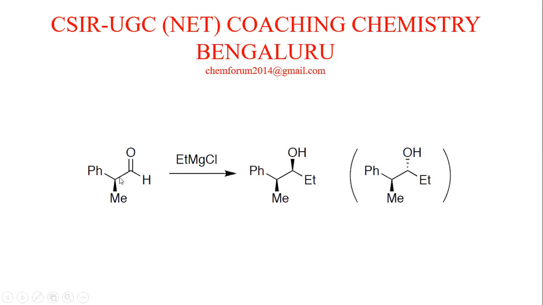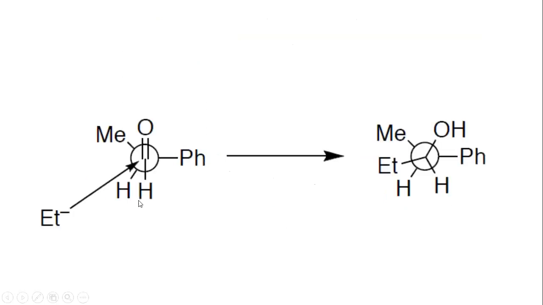If you look at all three substituents on the rear carbon, phenyl is taken as the large substituent, methyl as the medium substituent, and the hydrogen, which is below the plane here, as the small substituent. Now we convert this acyclic form of the carbonyl compound to the Newman projection like this. You can see an open circle and a dot here. The dot is the front carbon, and the open circle is the rear carbon.